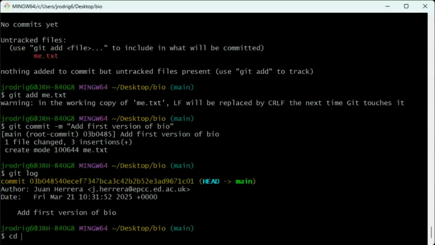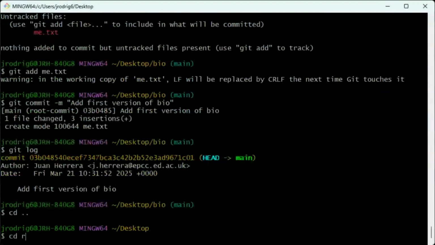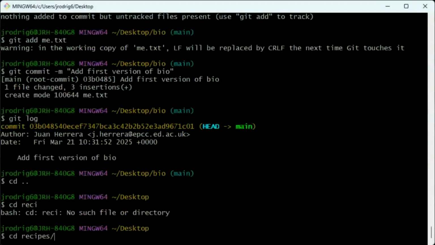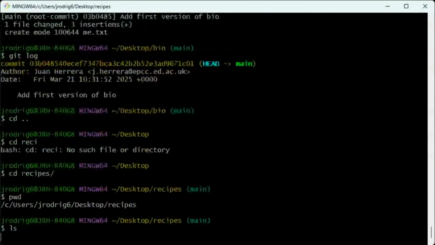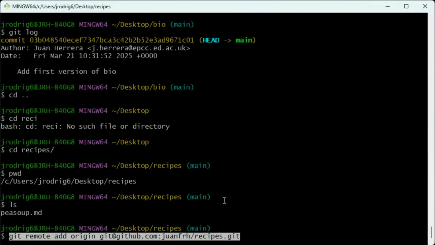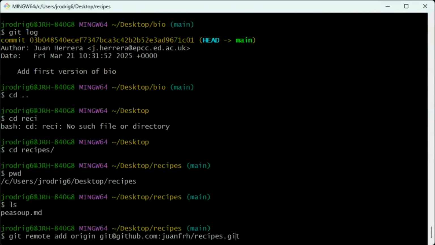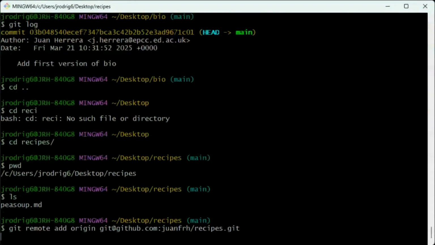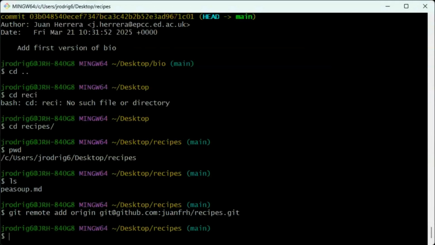I will change to my folder that is the recipes, cd recipes. So here I paste git remote add origin git@github.com:my username/recipes.git. So if I add that,